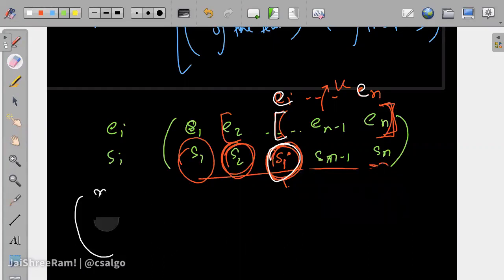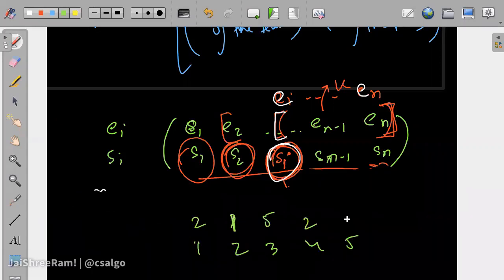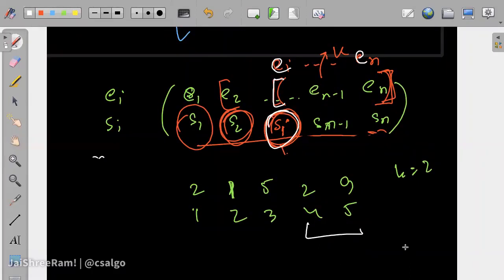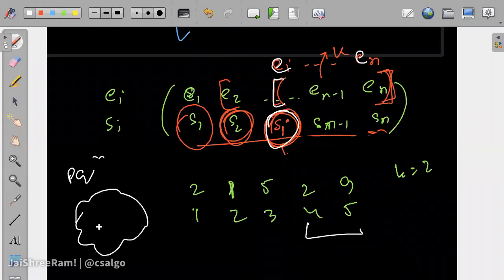So what we will do is, let's suppose 1, 2, 3, 4, 5 are the speed values, and you have to choose k equal to 2 elements. First we will try to take these 2 elements, right? So this is obviously possible. So we will maintain a priority queue, which contains the top k elements.